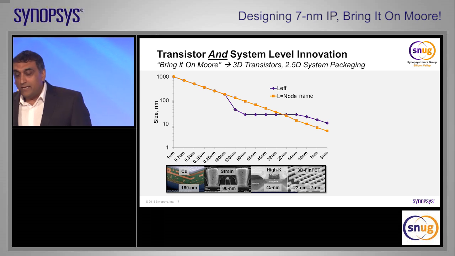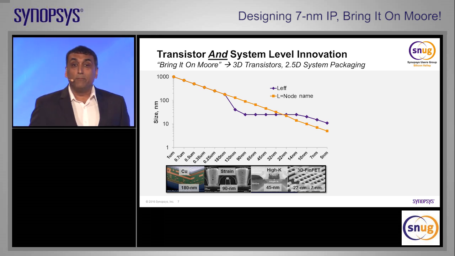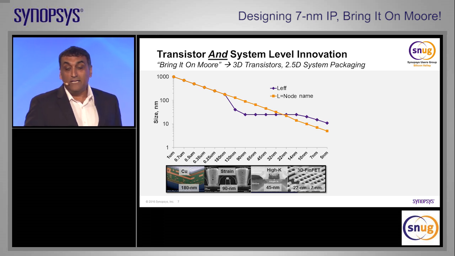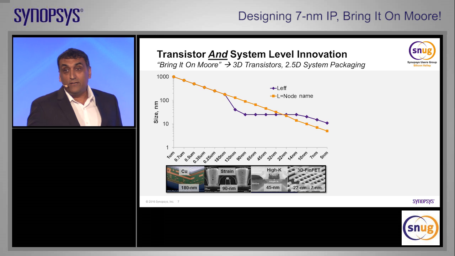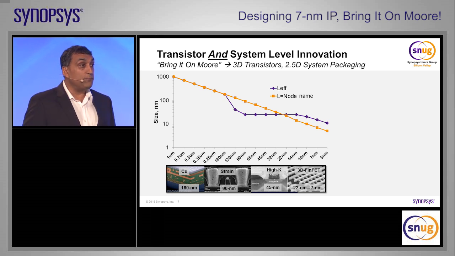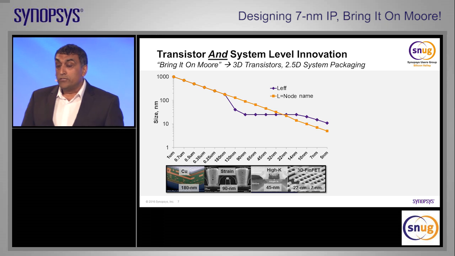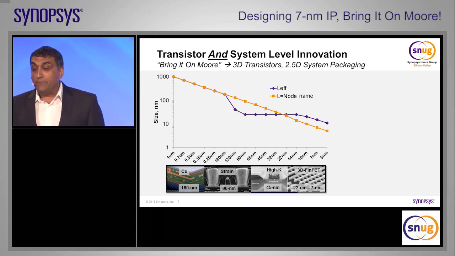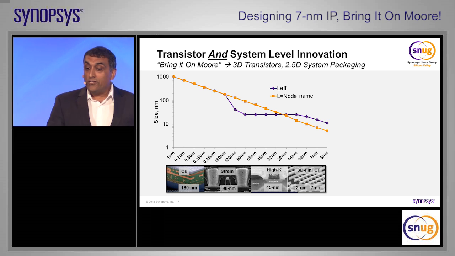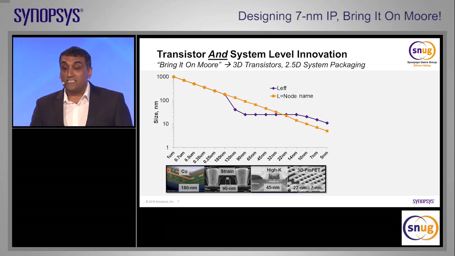And then, as we all know, it's public information. Intel first announced the implementation of high-K metal gate devices on about 45 nanometers. And then 2 years ago, I had the opportunity to do a lunch presentation here at SNUG, and I talked about FinFETs. At the time, we were talking about 22, 16, 14 nanometer FinFETs. So that's the trend of transistor scaling.